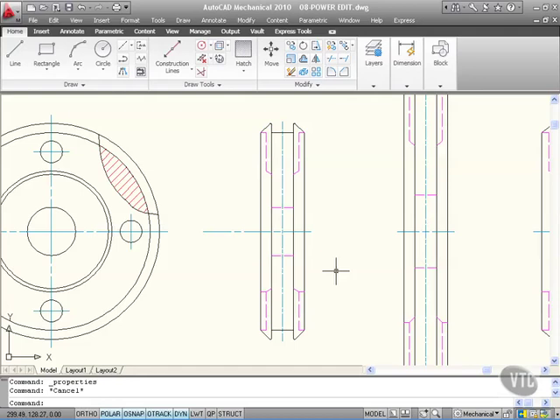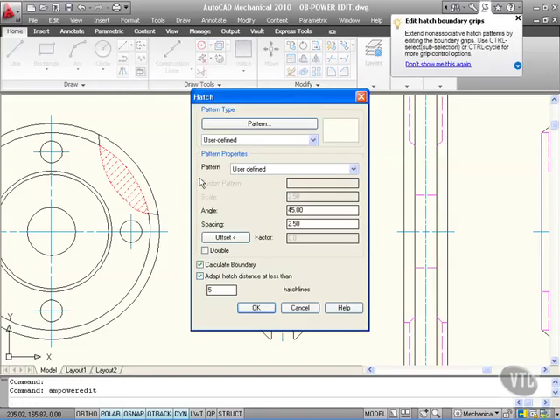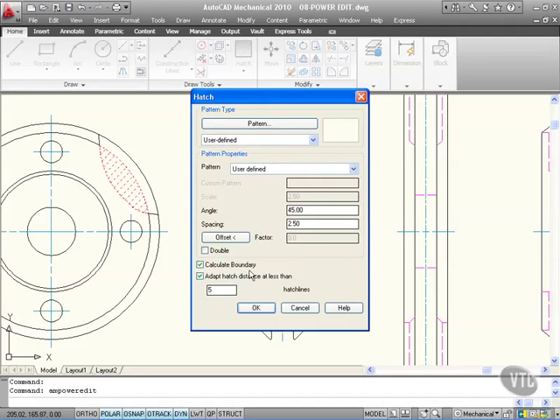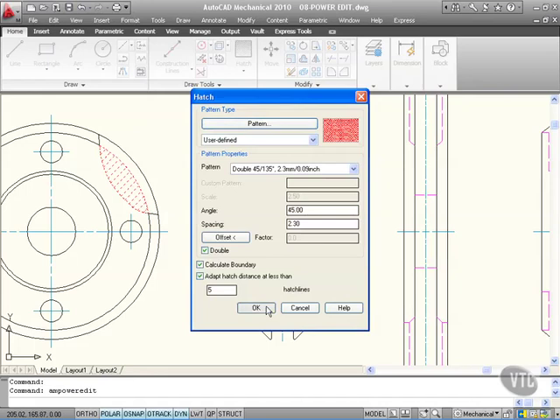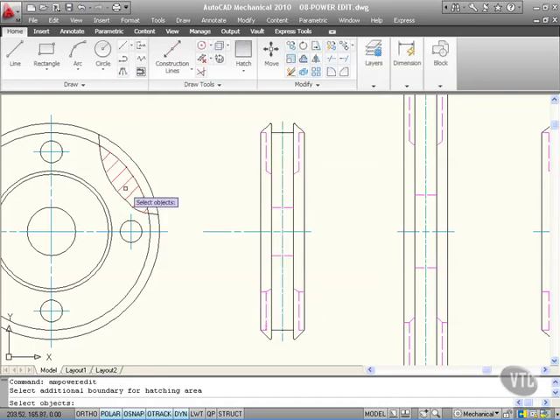That's all it takes. If I double click here on this hatch, as you can see, it is a hatch pattern, and I can go in and I can edit that hatch. That is an AutoCAD mechanical object. It's an intelligent object, so I can change the pattern if I want to. I can change it to, say, that pattern there, a double cross hatch. And as you can see, I OK that and I OK that. Changes in size, so it doesn't really show very well. So if I right click there and confirm, as you can see, changes it to a cross hatch for me,